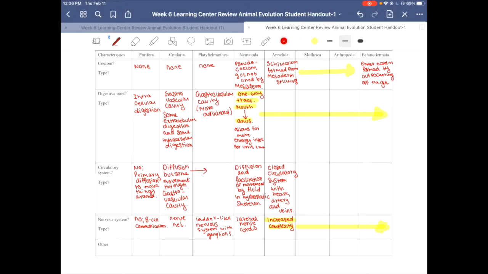Okay, back to the mollusca. So we're going to be looking at their circulatory system. After this point, we pretty much have the same digestive tract throughout. We have the same nervous system throughout, but it's the circulatory system that's going to keep